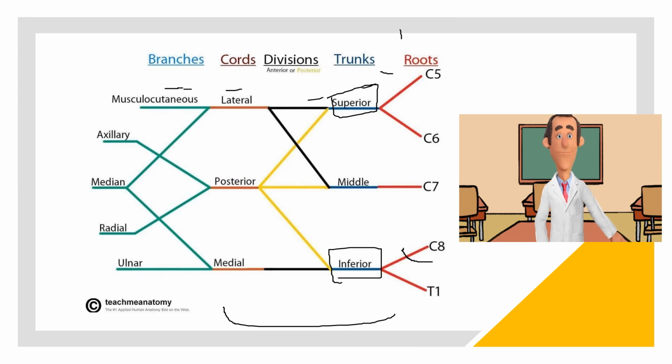Then we have got cords: lateral cord, posterior cord, and the medial cord. The lateral cord is formed by C5, C6, and C7, as you can see in this diagram. The posterior cord is formed by all the posterior divisions of the trunks, superior, middle, and inferior trunk. This is the yellow color. And the medial cord is formed by the